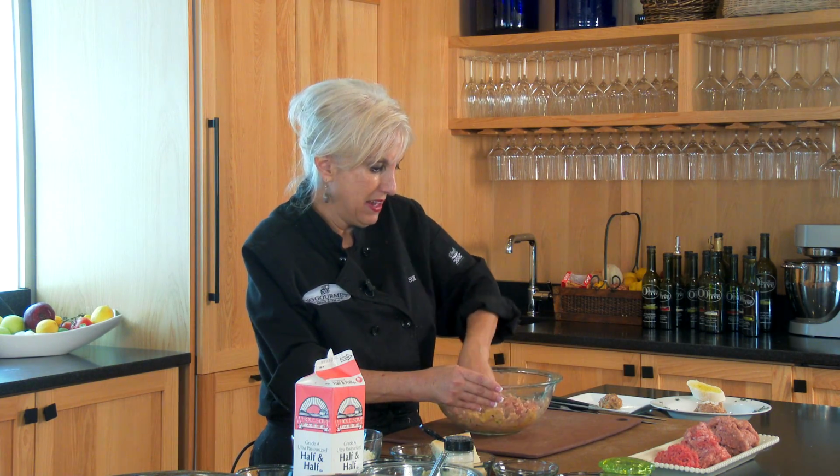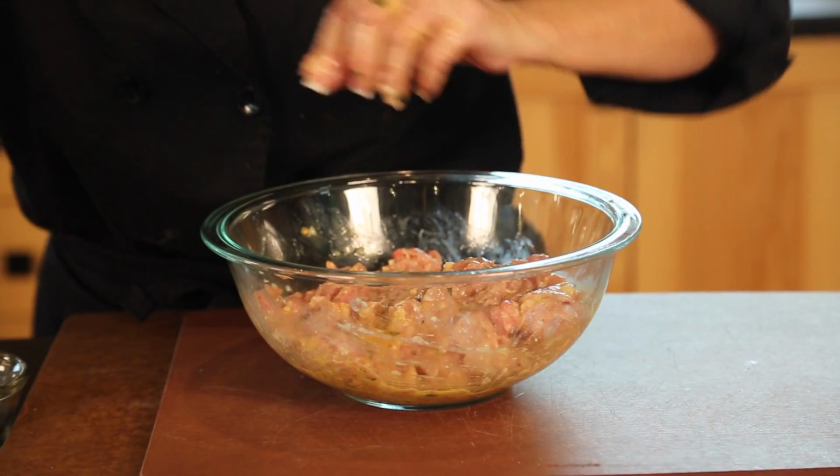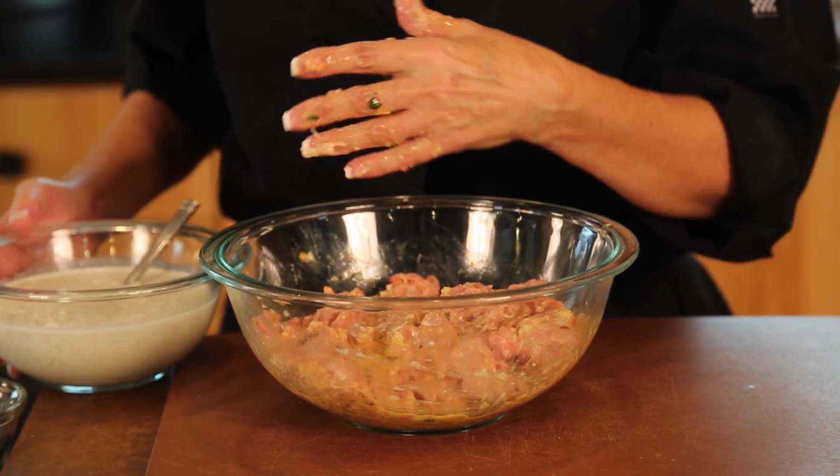Okay, now having mixed that, the most important ingredient, the secret ingredient for the best meatloaf and best meatballs is milk. We almost always add breadcrumbs, don't we? Today I'm doing gluten-free. I've used rolled oats like you would use in oatmeal. And what I did was pulse them just for a few minutes in a food processor